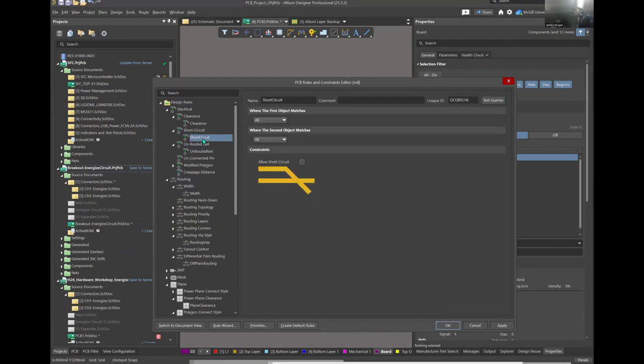Luckily, there's a lot of people on the team who have been designing PCBs, and so there's a lot of people who have put the proper rules into their designs. You can import these rules from other designs. So in this case,